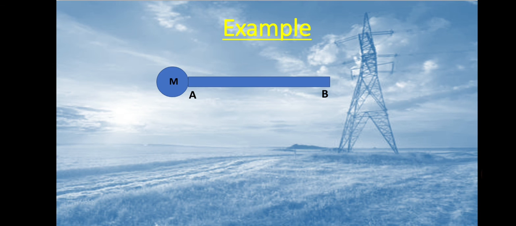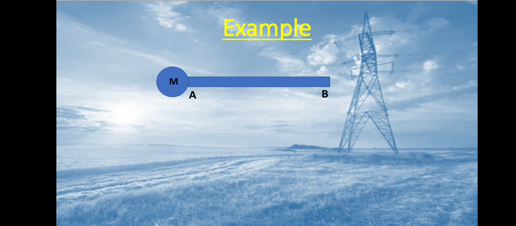Now I am going to give a live example for this resistance. I took one pipe. The length of the pipe is L. The ends of the pipe are points A and B. I connected this pipe to one electric pump. Whenever I switch on the electric pump, then water will flow from A to B. The pressure at point A is not equal to the pressure at point B. Why is the pressure reduced at point B?